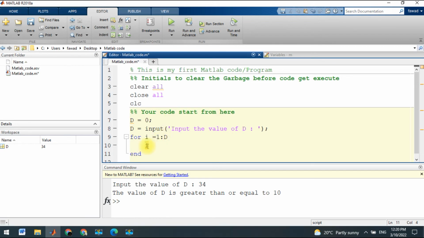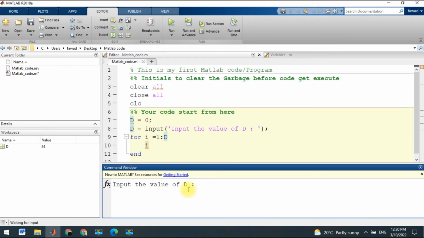Now you can see that this is a for loop. The for loop will execute unless the limit of the loop gets reached. The limit of the value depends upon the variable value d, and the user will have to input the value of d. If I write it 5, then you can see that